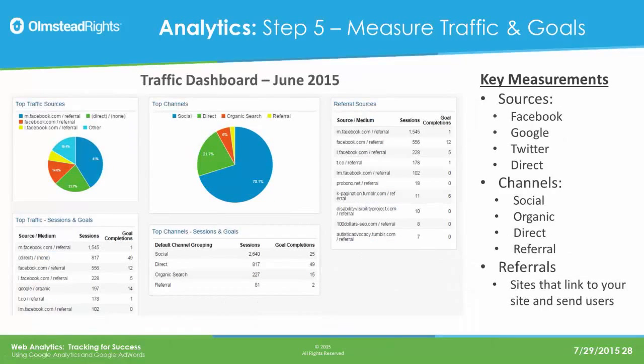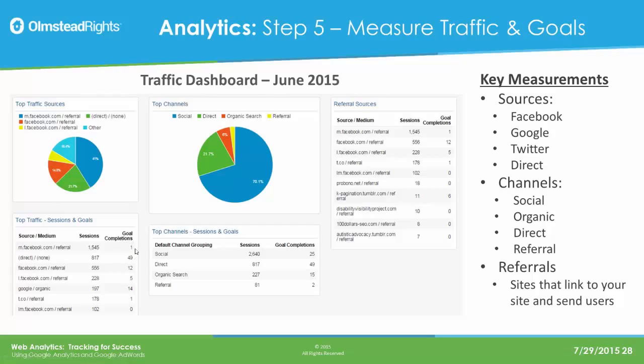Second dashboard that we have here is where are they coming from. So the first dashboard was how many are coming. The second dashboard is where are they coming from. So in this case, again, for June, we can see that Facebook had a lot of referrals, which was based on the $200 that Tally had mentioned that he had spent. So that was their largest referral source and drove 1,500 sessions.